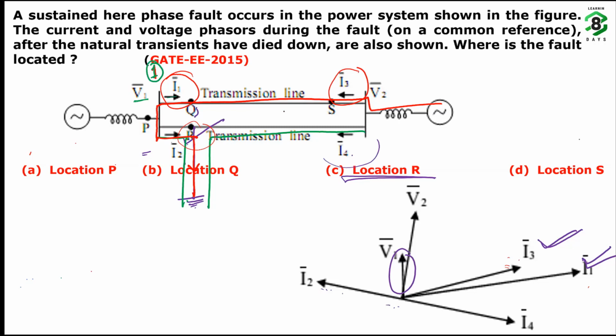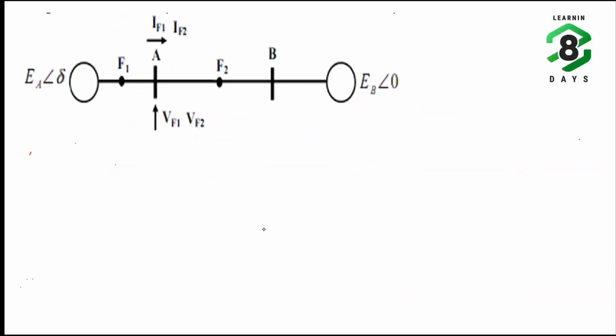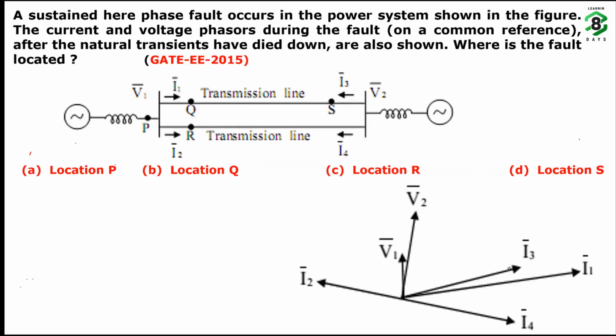Similarly for S. Like this, if you put those points in all the four options, you will conclude that the fault occurs at location Q. Have some patience, simulate the fault at each location, draw the fault currents and check the angles with the respective busbar voltages. Then you will conclude option Q is the right option. Then you have to understand the earlier problem's philosophy, only then can you approach and understand this question.